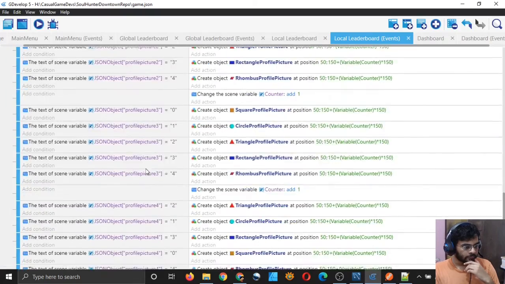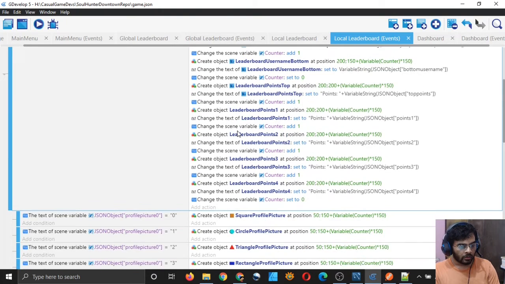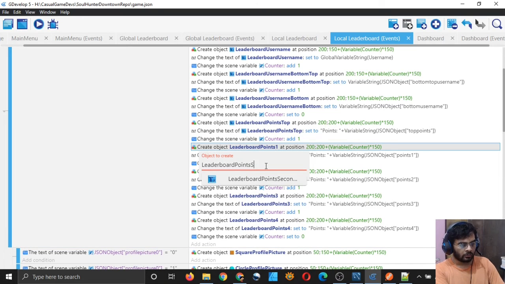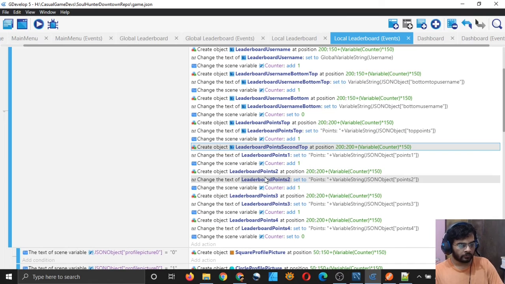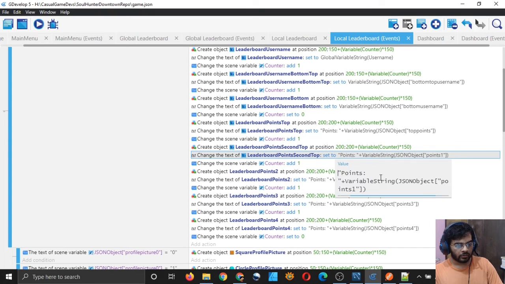Yeah, so that's what it is. And points top, top points, and here also second top, same position, and this one should also again be second top, and change this points 1 to second top points.